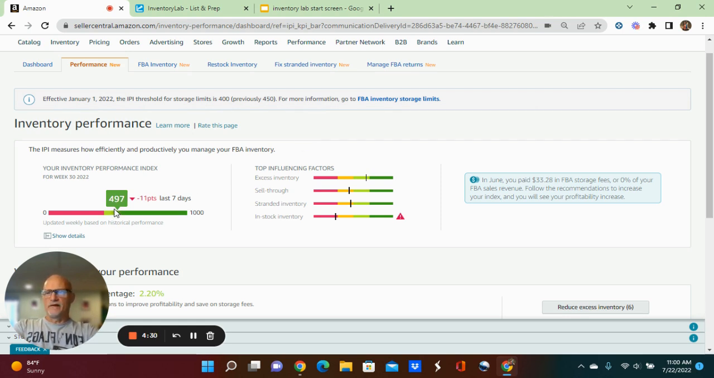So right now I'm at 497. I took a big hit last week. I dropped 11 points. That's the biggest drop I've had in months. There's a couple reasons for that drop. The main reason for that drop